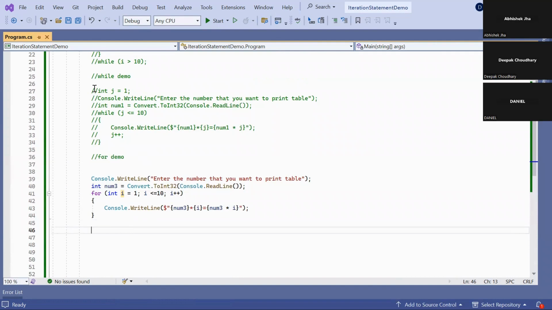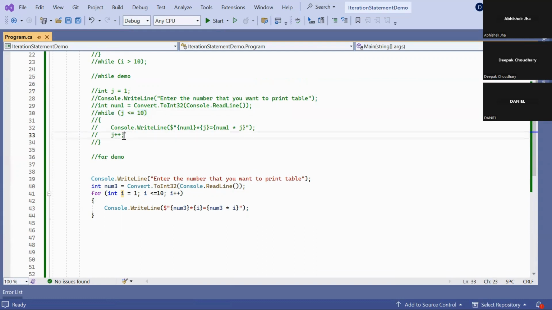In a while loop, you have to initialize or declare the variable first. Then you check the condition in the while statement. Then you do an increment or decrement, because that increment or decrement totally depends on your conditions.